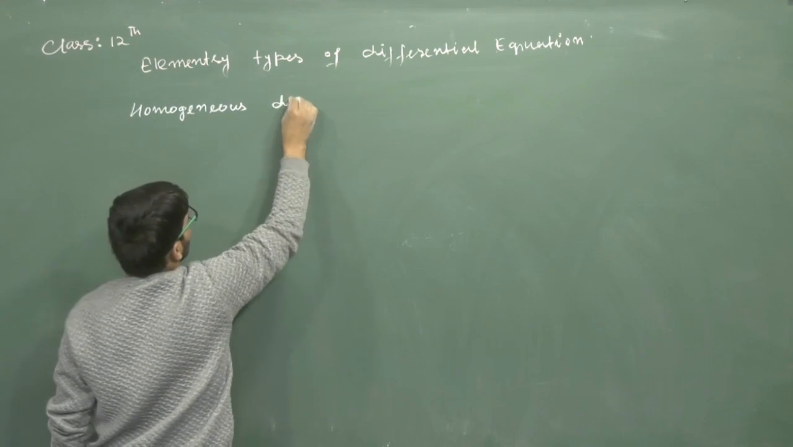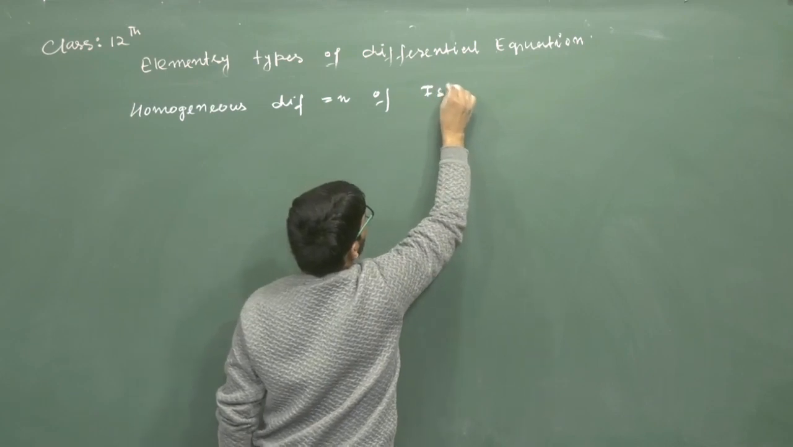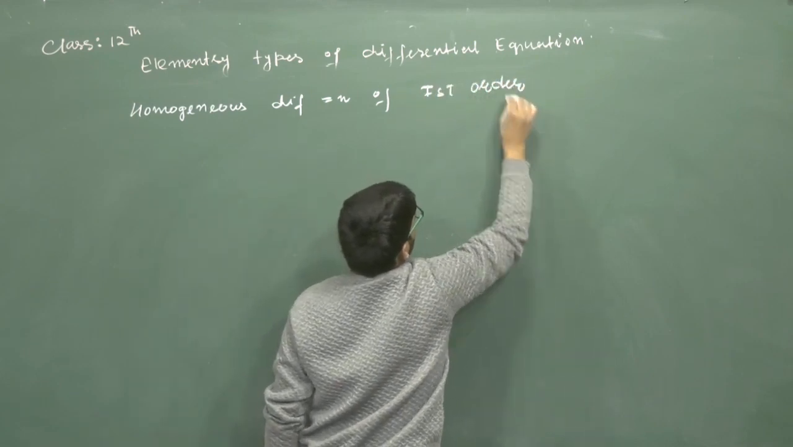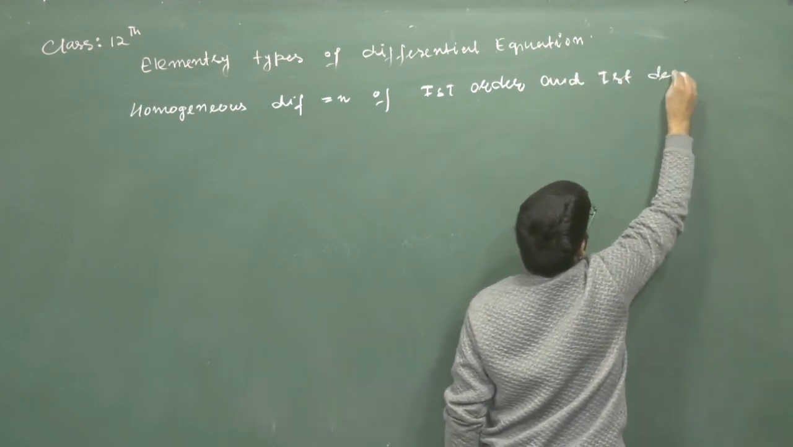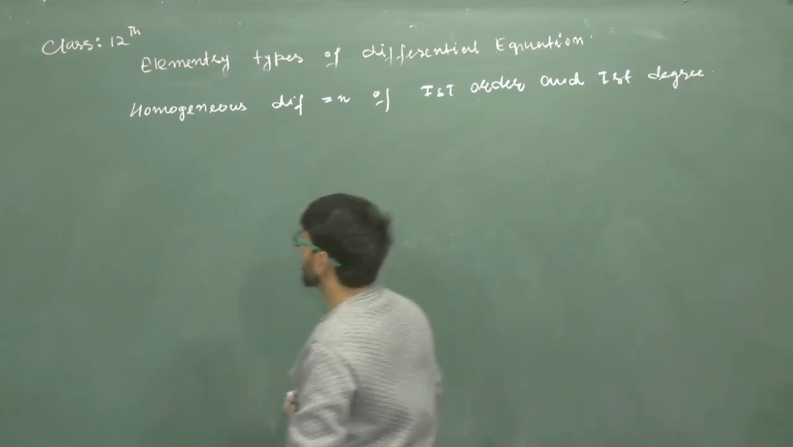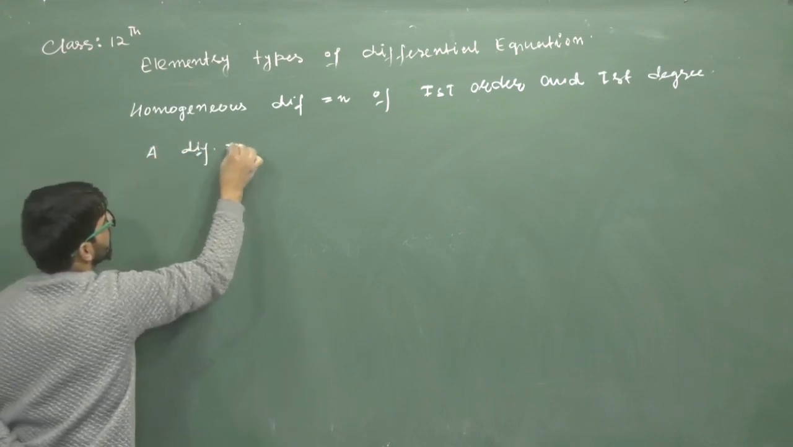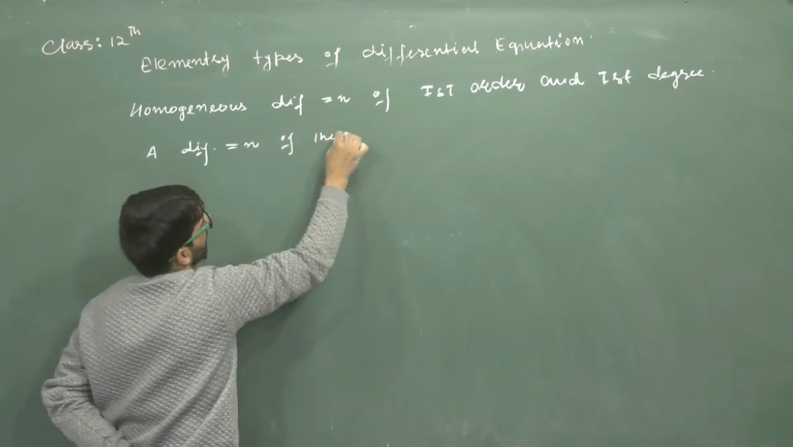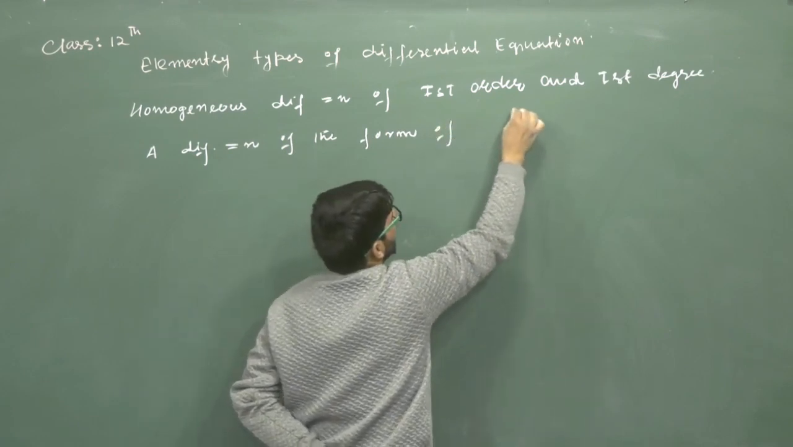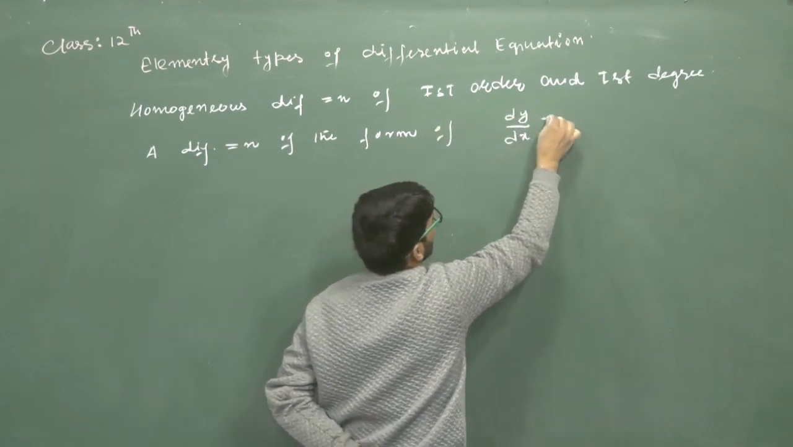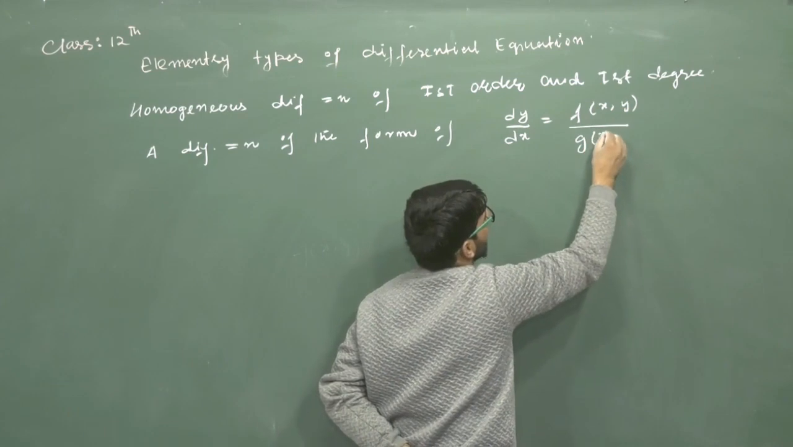Homogeneous differential equation of first order and first degree. A differential equation of the form dy by dx is equal to f of x comma y divided by g of x comma y,